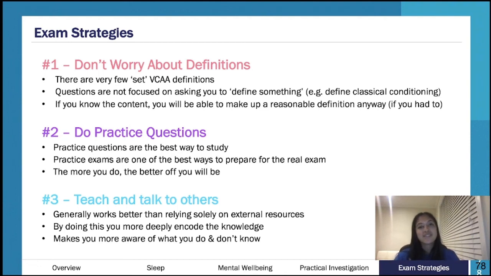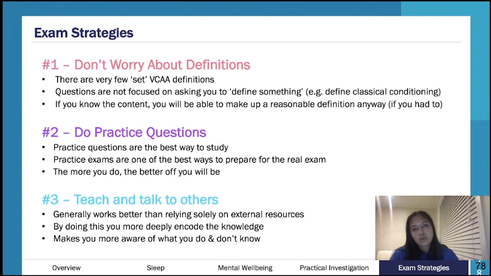Teaching and talking to others. I used to do this all the time. I think my family probably hated me, but especially because I was in year 11. Like psych was my first 3-4. I wasn't really that sure about how 3-4s work. But in saying that, it was still helpful, and I'm pretty sure I still did it in year 12 to at least my sister. I would literally just have my notes and I would just teach them about the topic, because you can't teach someone a topic that you don't know.